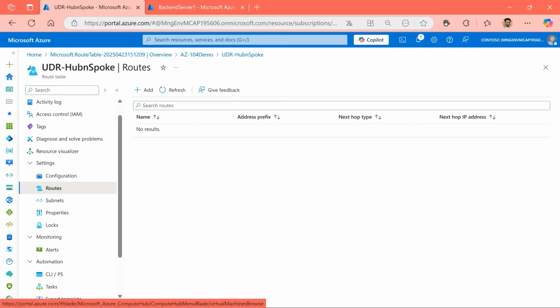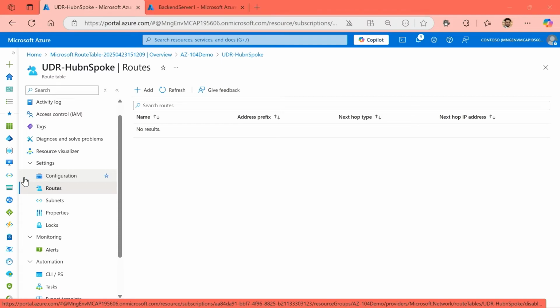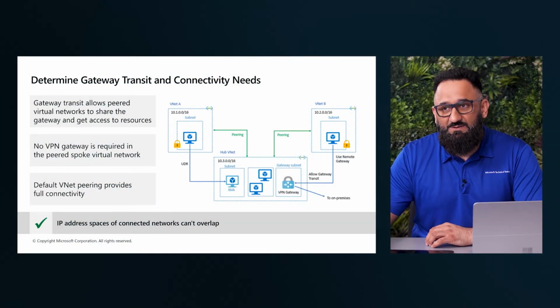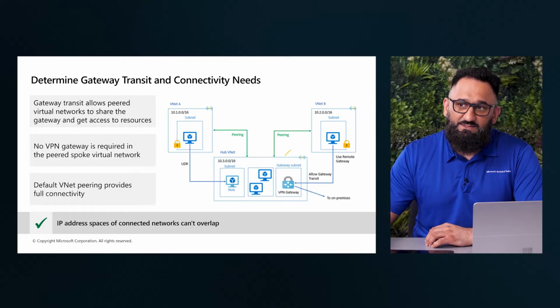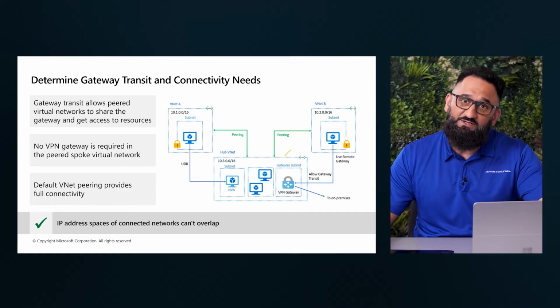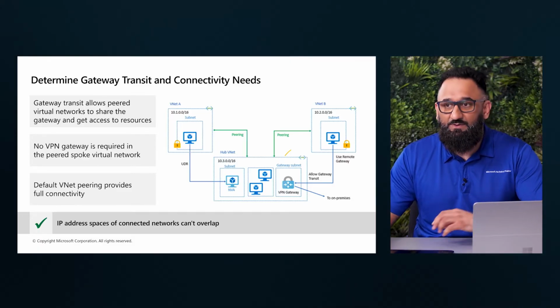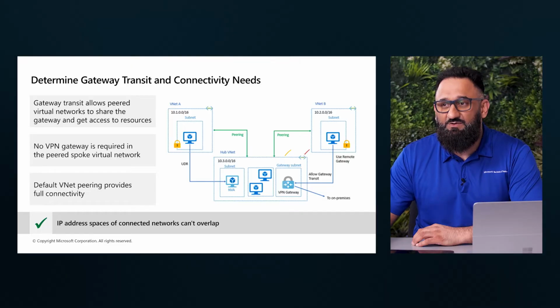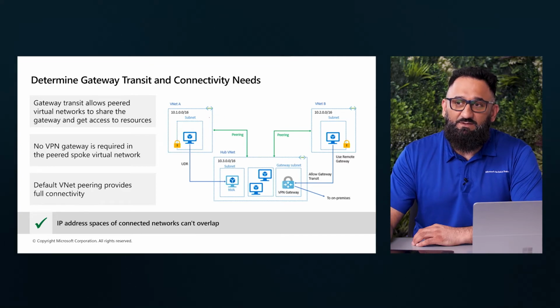All right, so we've just about created a routing table. Now, before we go into creating the route and explaining what we are trying to achieve here, let's recap how we are doing this. For this, let's go back into one of the previous slides we covered in the previous part, just to understand what we're trying to achieve as part of the setup. In the demo setup that we are working on, we are creating a connection between hub and spoke, which we've established by doing VNet peering. However, in this part of the demo, what we're trying to do is get the traffic to move between the spokes, passing through the hub.